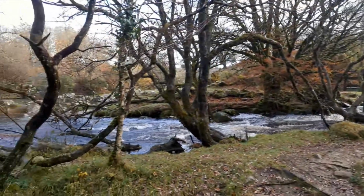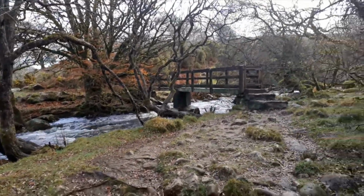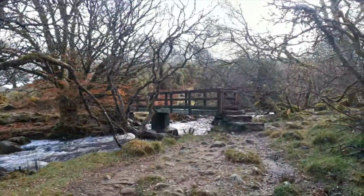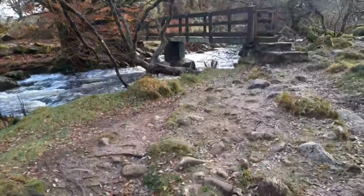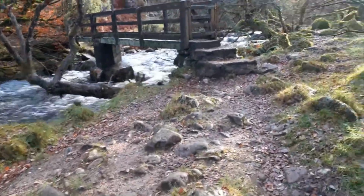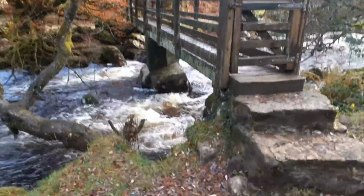Right, so we've arrived at the river now. That was about 5 minutes of a very wet and muddy walk down. Fortunately, I've got my hiking boots on. So yes, moving forward, this lovely little bridge that we're about to cross will take us out onto the open moorland. And we're crossing over the River Tor, which runs down from Barnstable and then runs down from here